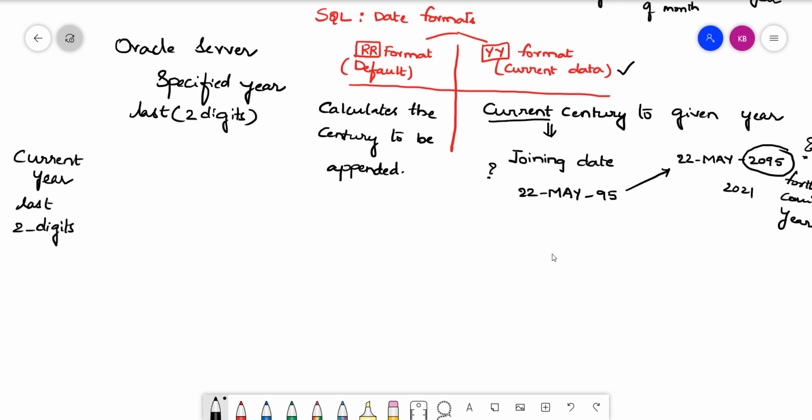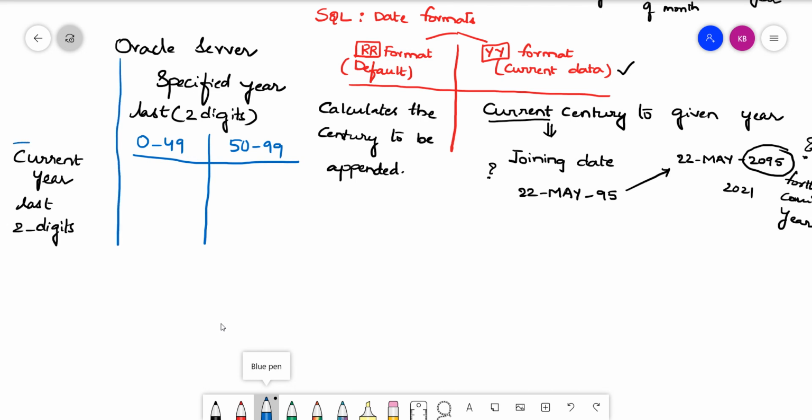Now, if our range of values is something like this, we have values from 0 to 49 and 50 to 99. Again the same logic, we are dividing them into half, nothing more than that. Similarly, on the current year also, we will take from 0 to 49 and 50 to 99.